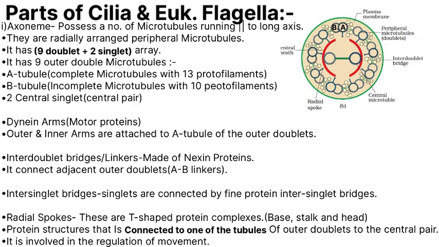Then there is another T-shaped protein complex called the radial spokes. Radial spoke got its name from the radii of a circle. They are similar to a radius in a circle, which connects the circumference, the outer ring, to the center. Similarly, these structures extend from the outer doublet towards the central pair of microtubules. Or you can also compare it with the spoke of a bike wheel or cycle tire, where each radial spoke has three distinct parts: the base, then the stalk, and the head.